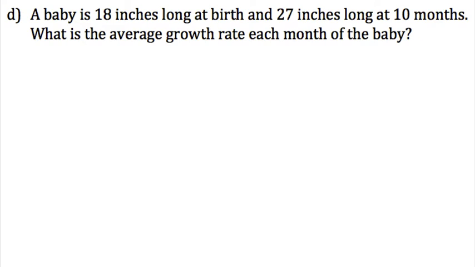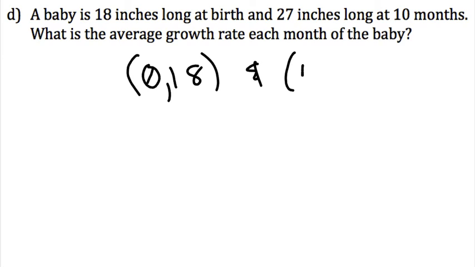All right, next. When a baby is born, it's 18 inches long. So if I'm writing a point for that, again, the first number is going to be the time, your number of weeks. So right when it's born, it's 0 days old or 0 weeks old or 0 months old, and it was 18 inches. 27 inches long at 10 months. So at 10 months, it was 27 inches long, and we want to know the average growth rate of the baby